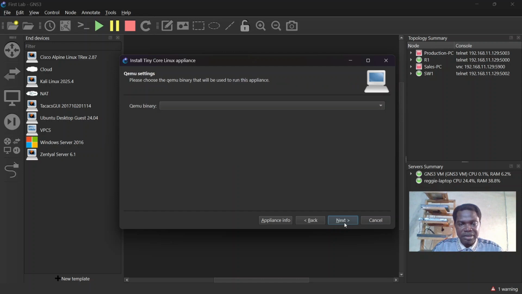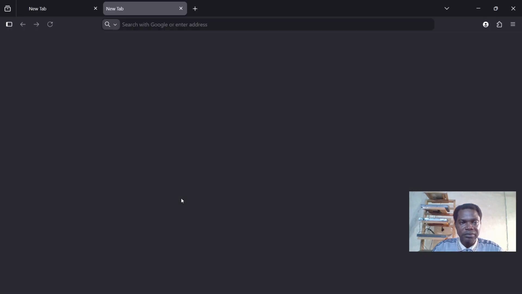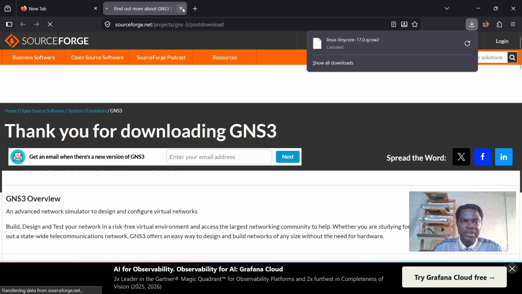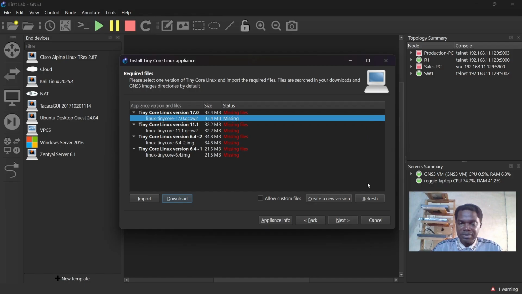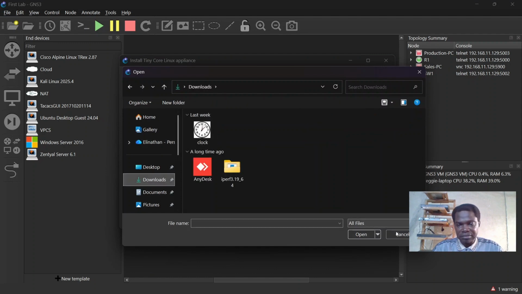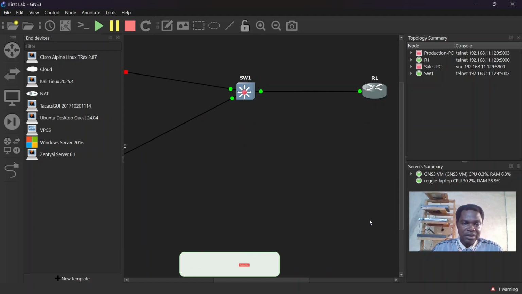So I'll click on install, click on next, next. And any file you want here, let's say this is the file you want. I'll click on download. It goes direct to my default browser, to just download automatically. I don't need it. So I prefer working with the HTML. So that's the way it is. And once you've downloaded it, you click on import. You can go to your download folder, whatever is there, and just import it, and that's all. That's the way we imported the switch and the router in the previous video, the GNS3 setup.